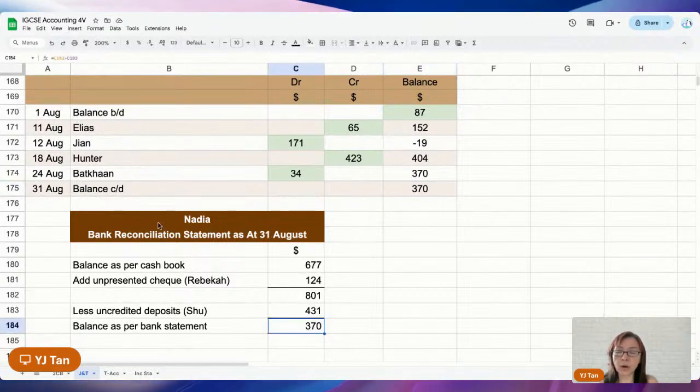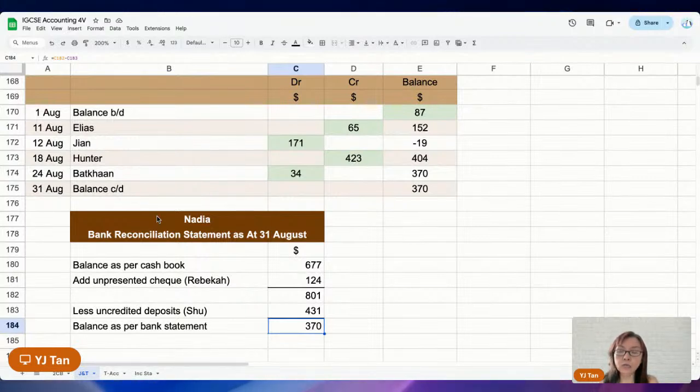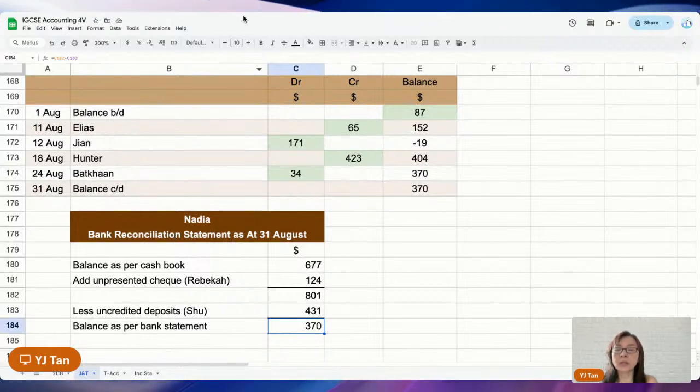So these are the steps on how to do a bank reconciliation. That's all for this video, and I will see you in the next video. We will discuss more about